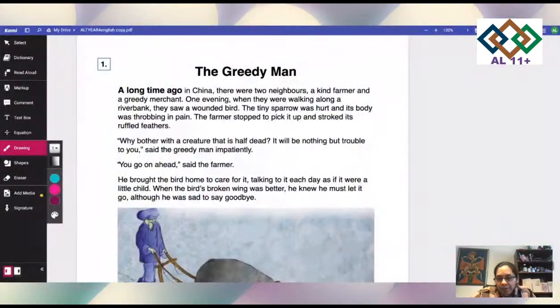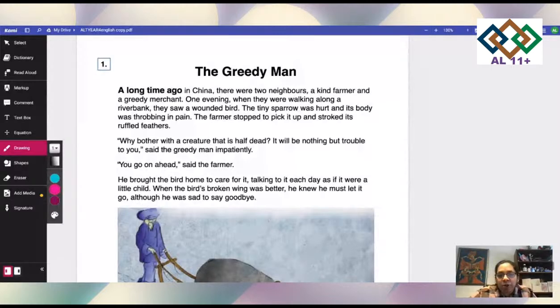So, are the year fours ready for their comprehension live now? I can start sharing the screen with you all. Now it is clear, that's good. So remember, you have two lives today. I'm saying it again because you said you were not able to hear me before. You have two live classes today. One is for the year four's comprehension, which is now, and another one is going to come at 6 o'clock today for maths. So we can start sharing the screen now for the year fours.